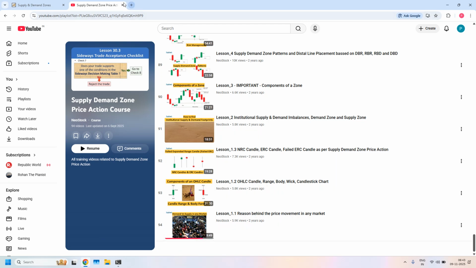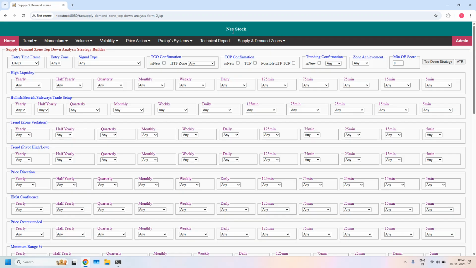Okay, now I am generating different supply demand zone reports with the help of NeoStock Software's Supply Demand Zone Top-Down Analysis Strategy Builder. First I am finding the stocks near daily and 75 minutes demand and supply zones. From that list you can identify high priority, high liquidity zones, and they can be used for the high liquidity zone strategy that you learned in lesson